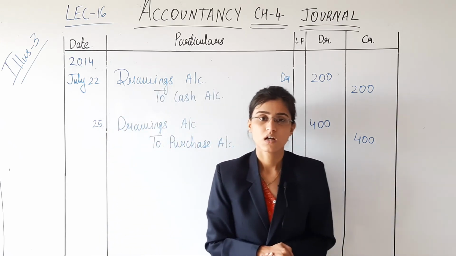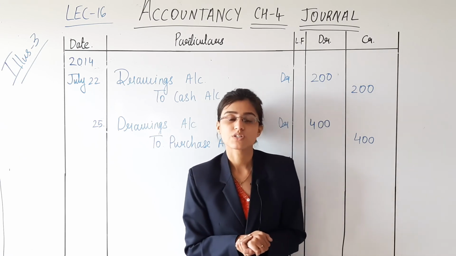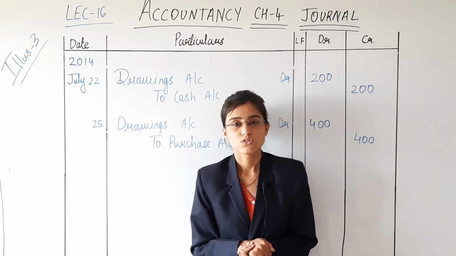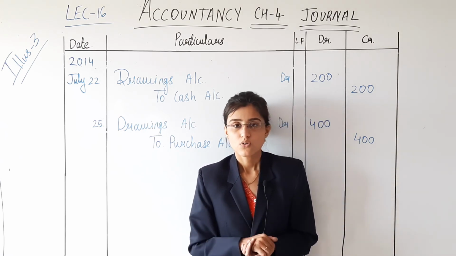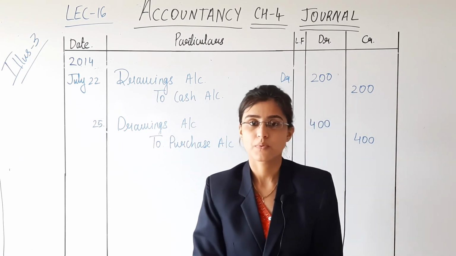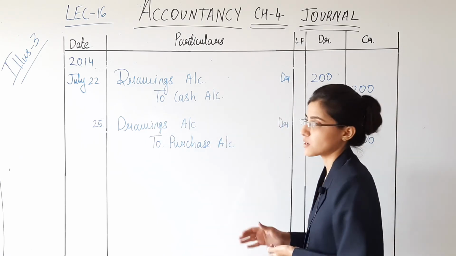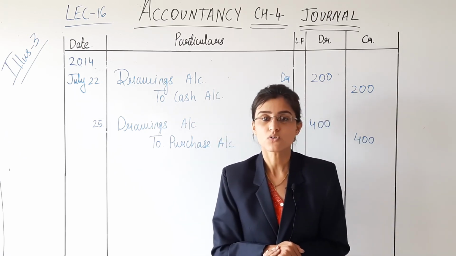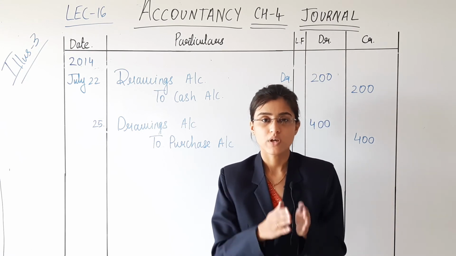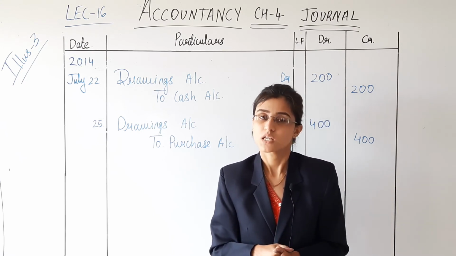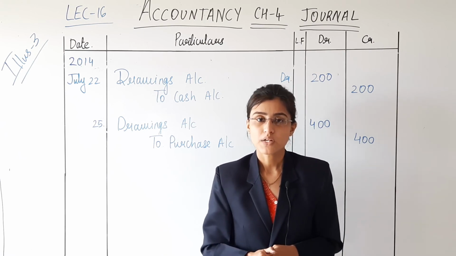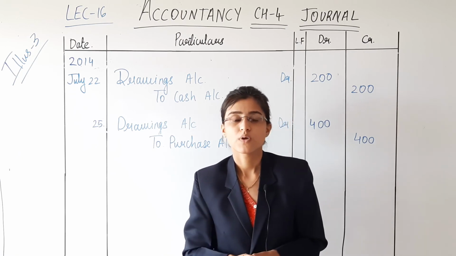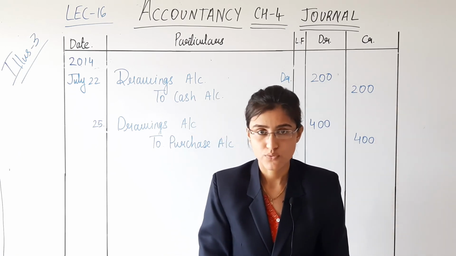Yes. So I think this completes illustration 3, which was about the transactions of capital and drawings. Now the last step, you might have written all the journal entries in one page. So you should total this journal, and the total of both the columns of debit and credit should always be equal. Always the amount debited should be equal to the amount credited. Yes. So further we are going to start with illustration 4.